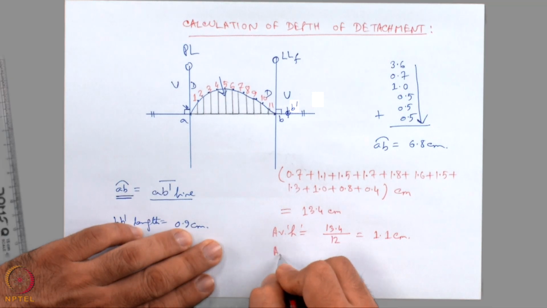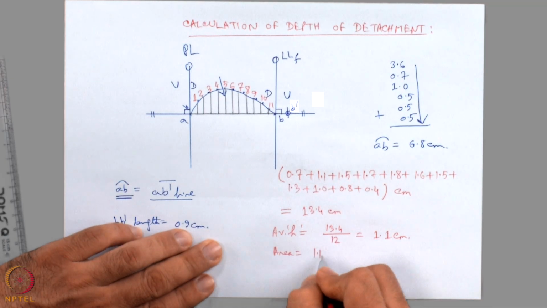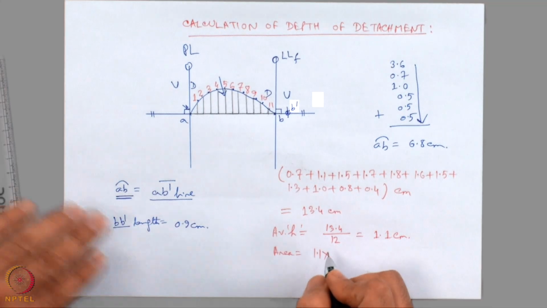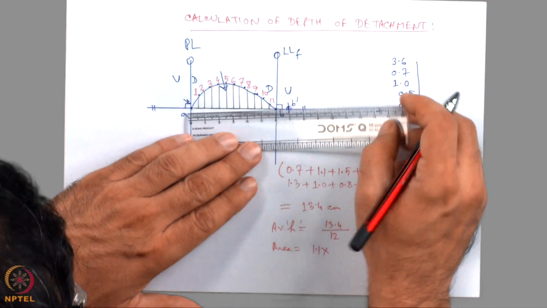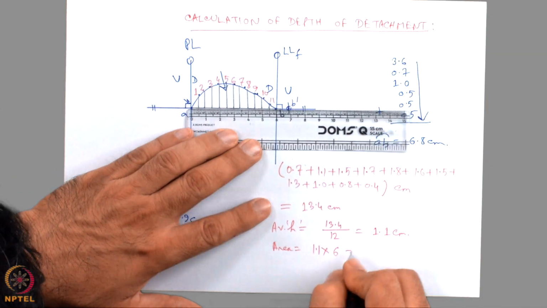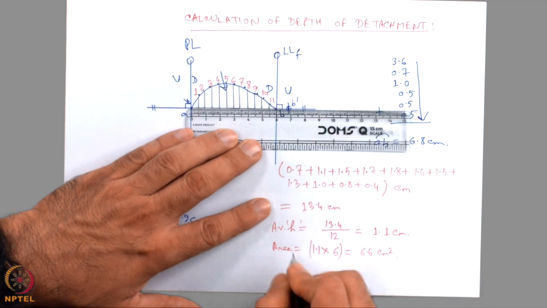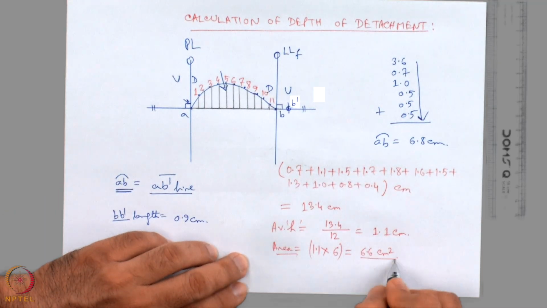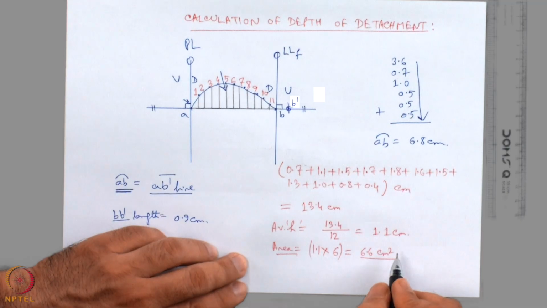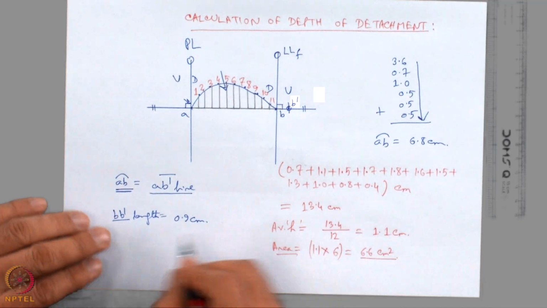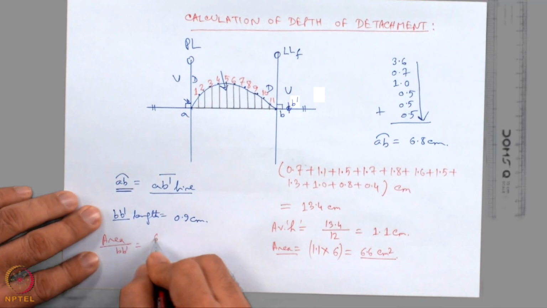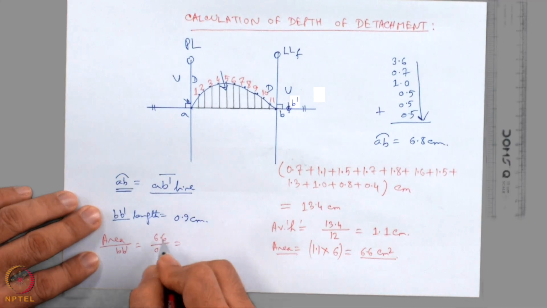Therefore, the area is given by 1.1 multiplied by the AB length, which is 6 centimeter, which is 6.6 centimeter square. This area is now divided by the BB dash length, which is 6.6 divided by 0.9, which is equal to